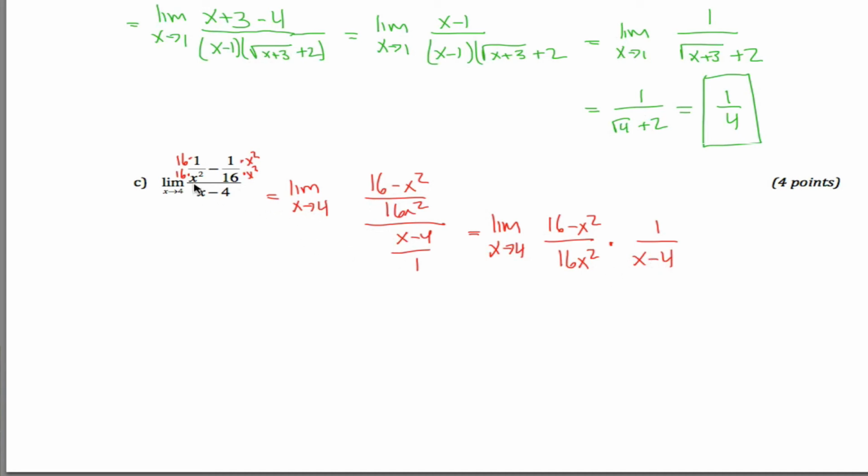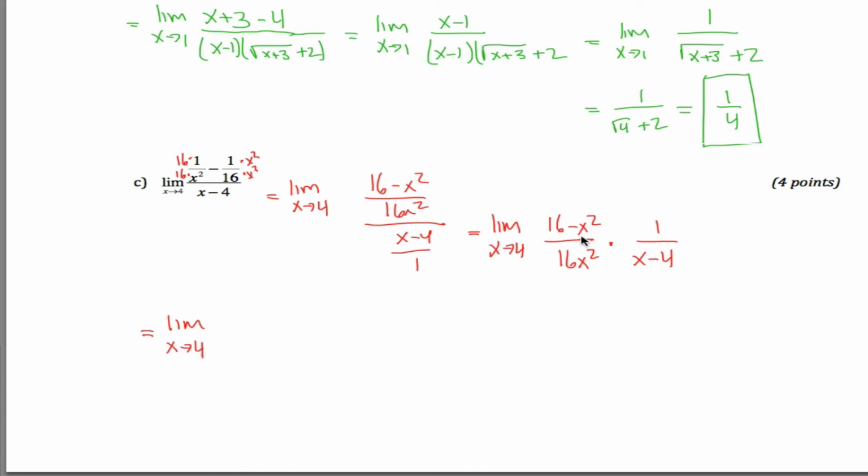Remember from the start, this x minus 4 is what was causing trouble. I can't change all the x's into 4's or I'll divide by 0. It's this x minus 4 that I got to get rid of. Hopefully there's an x minus 4 hidden inside 16 minus x squared. Well, in fact, there is. Probably the easiest way to see it